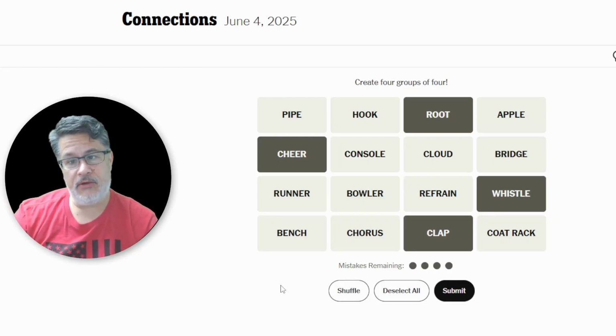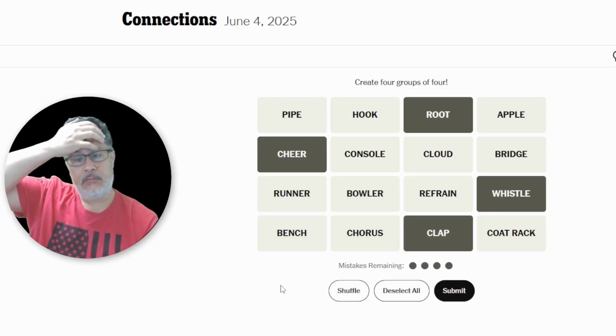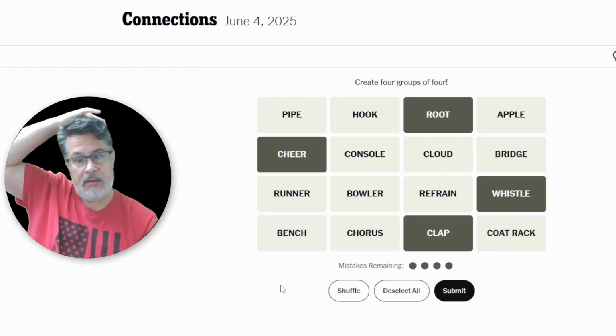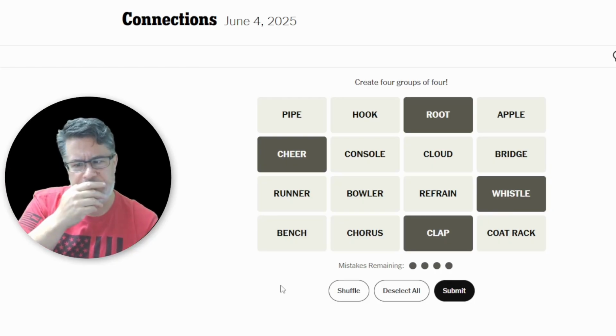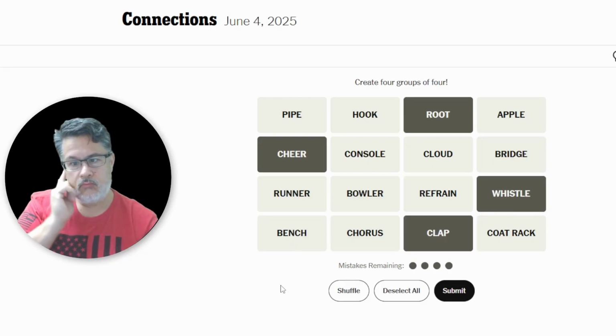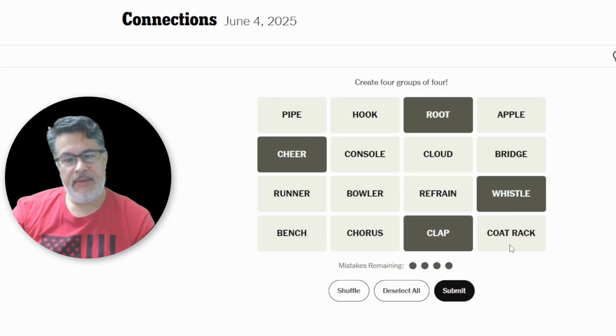You've got the refrain, you've got the chorus, you've got the bridge, and you've got probably the hook. So those are parts of a song. Then you've got the coat rack, the bench. Oh, did I mention the refrain? Hang on, chorus, refrain, bridge, chorus, refrain, bridge, and hook. Okay, so I think I got that. Coat rack, bench,